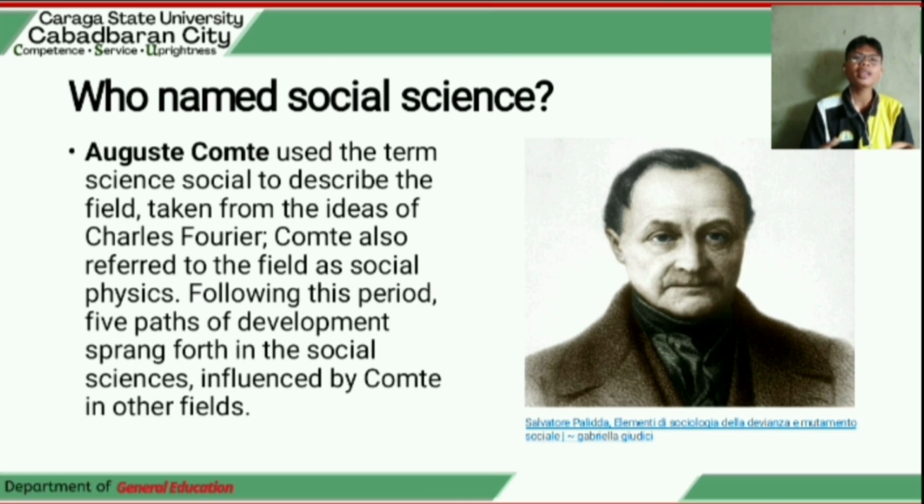who named social science, who is the father of social science, because it is really important to determine each aspect so that we can recalibrate the learnings or the knowledge that we gain on each aspect of discovering social science of any situation, that we can learn its progress throughout their works in laying its usage in determining their works, and how it's really important to us in our generation, especially in our society, that we could learn something that can lead us to be more knowledgeable, and to take it as an advantage that we have more learnings to achieve.